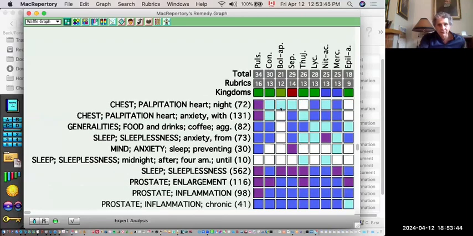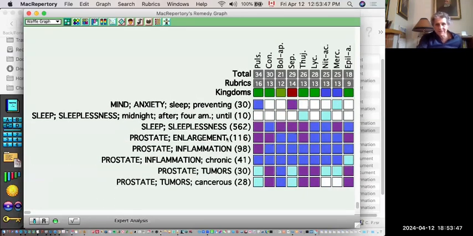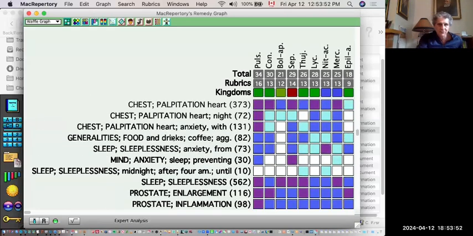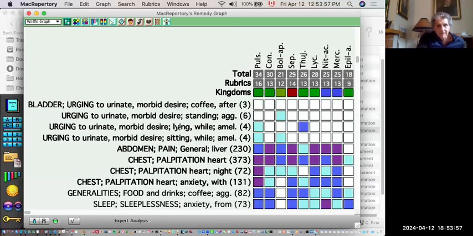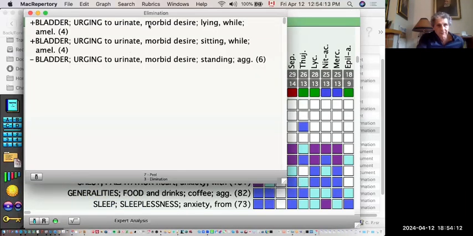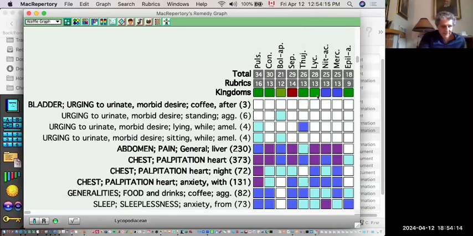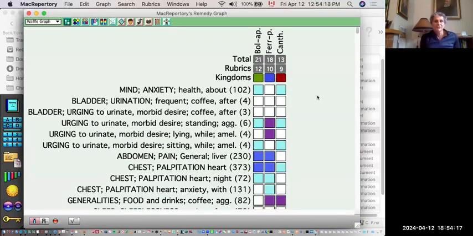And if we look at all the other symptoms, the sleeplessness, the prostate, and so on, that's the remedy I did give him. There was no elimination, but if we do an elimination, let's say, it would be worse standing. No, worse standing we'll put here, and sitting and lying we'll put together. So if we combine these, we'll see how many remedies there are. There might be more than one now. Yeah, there will be three. So of the three, maybe I did talk about Cantharis, but I decided to give him